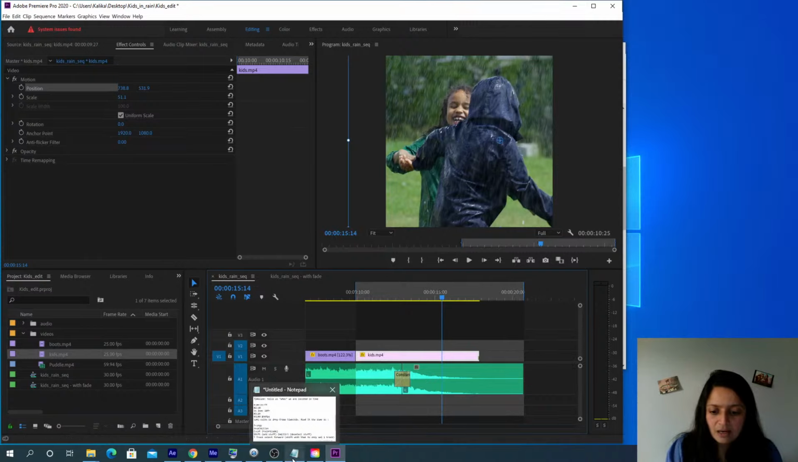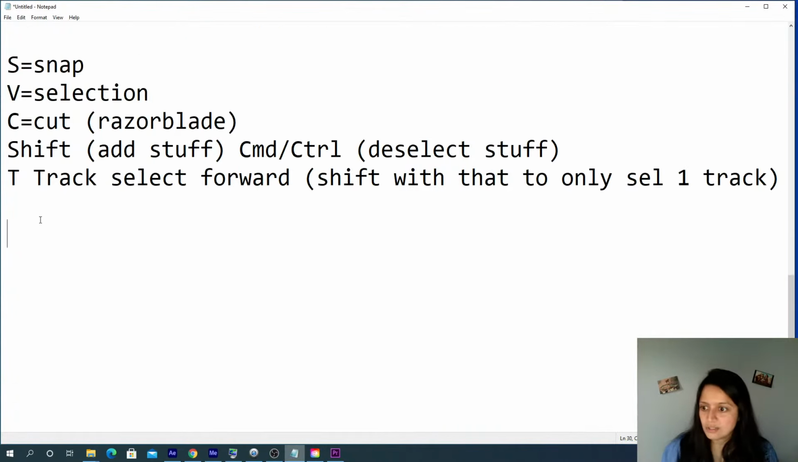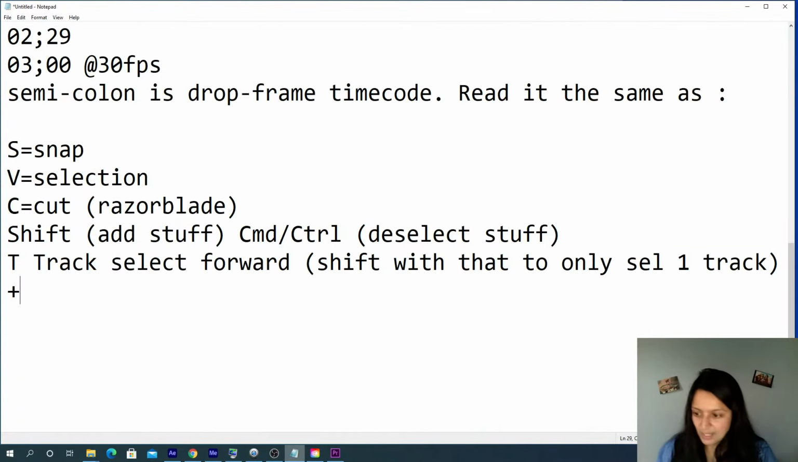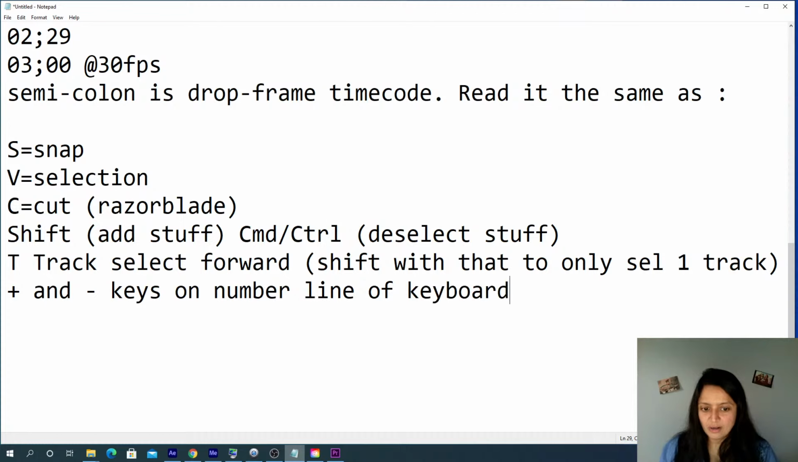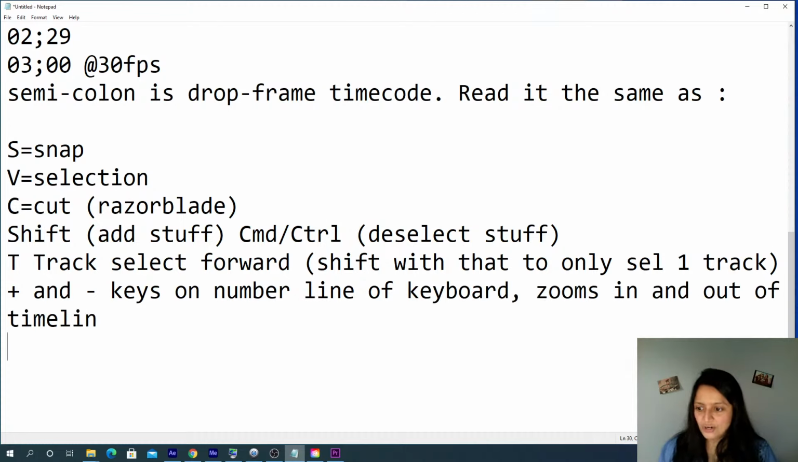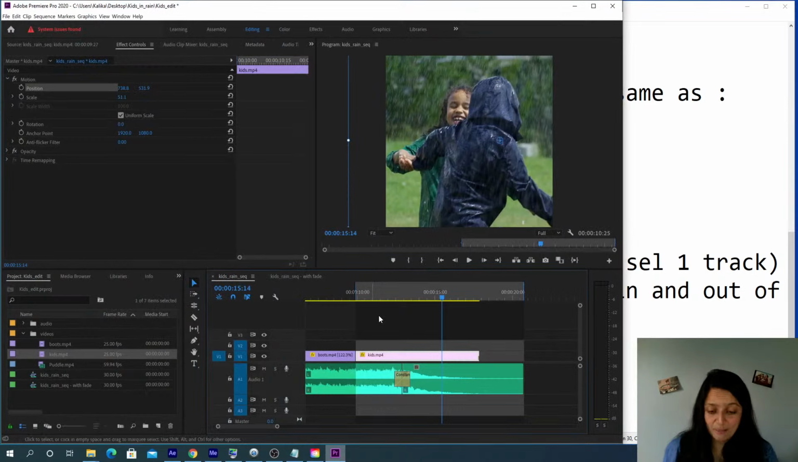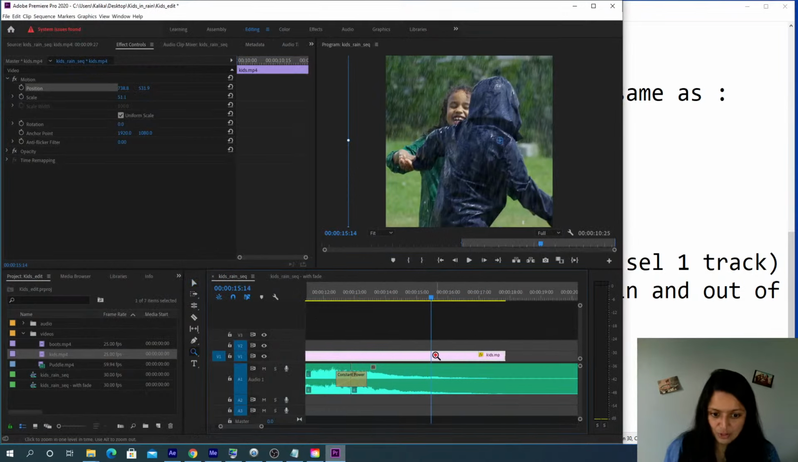And right here, I'm going to put that into our notes. So the plus and minus keys on the number line of the keyboard zoom in and out of the timeline. Alternatively, you can use the Z tool. Yeah, just like Photoshop, the Zoom tool. Okay. And you can zoom into the timeline. It's pretty great. So Z for zoom tool, and you can zoom in,